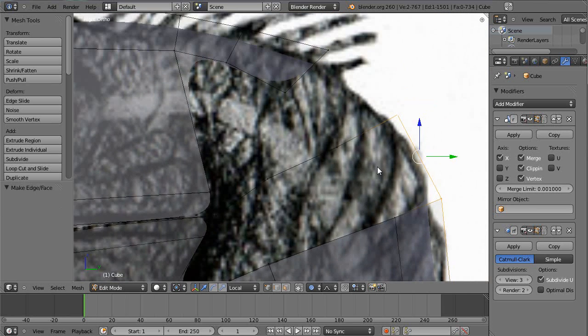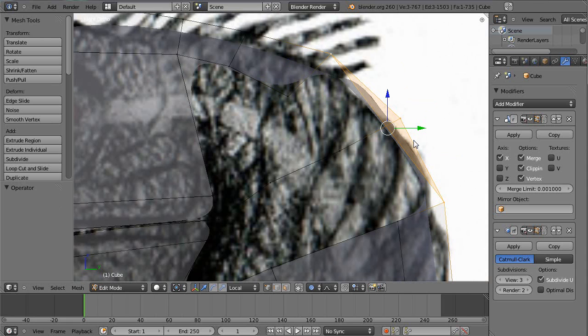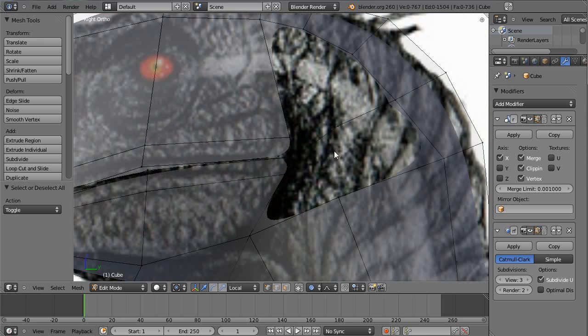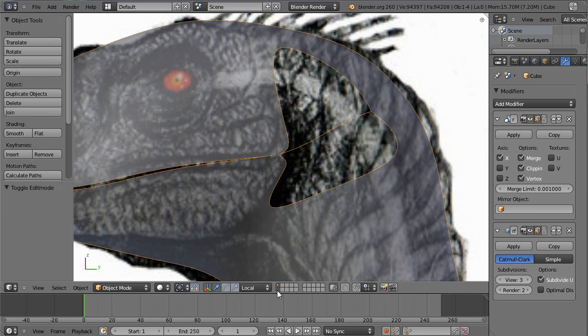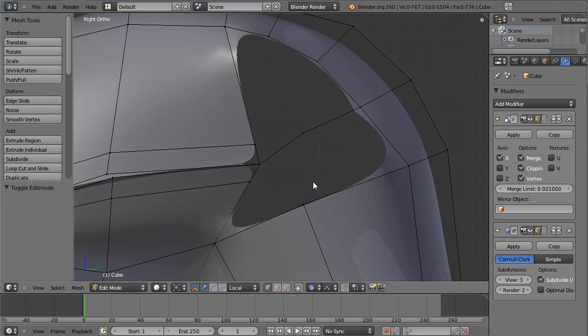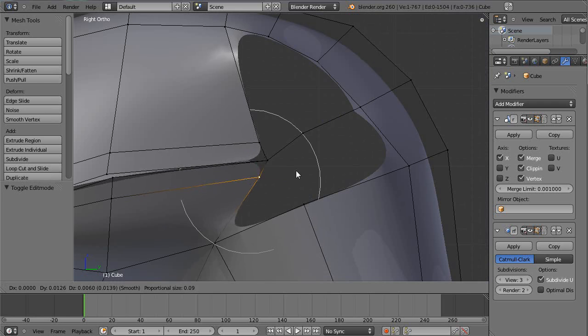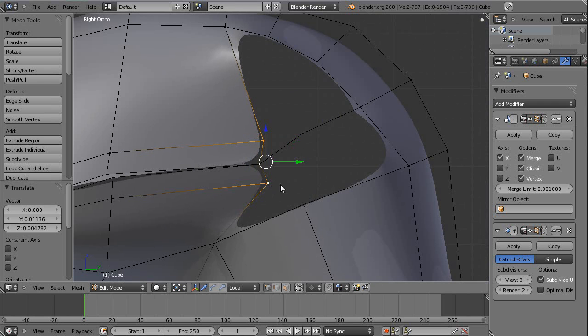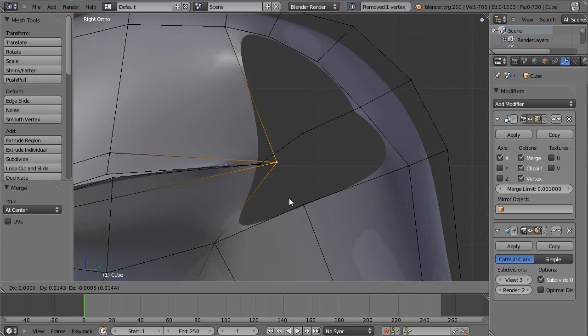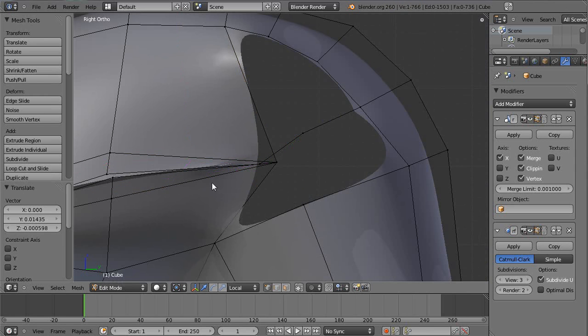So what we can do is just rebuild a couple of polygons here. Just enough so we've got an idea of what's going on there. I might just turn off the background image whilst we're doing this so we can see everything that's going on a bit better. So turn off proportional editing and bring these around, and you could possibly merge those at center, and you will get the edge flow that you want, but